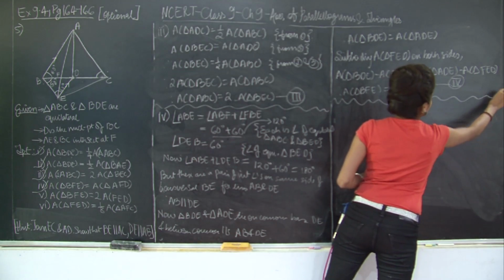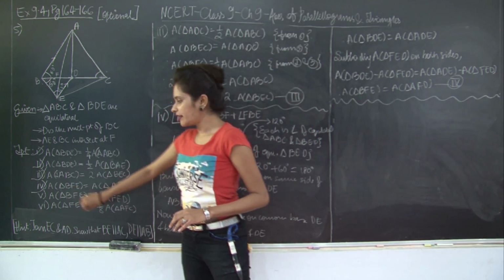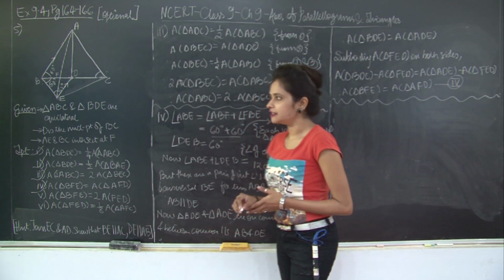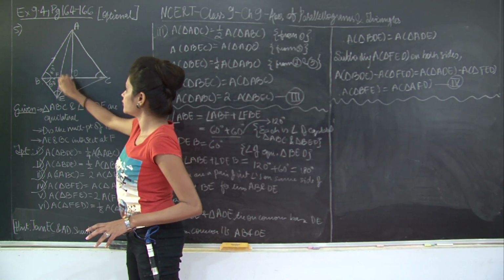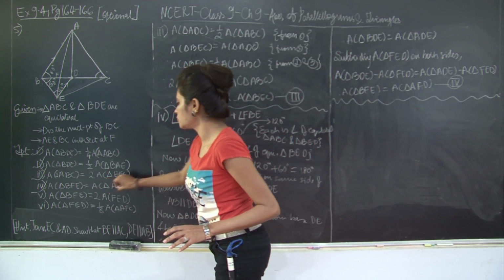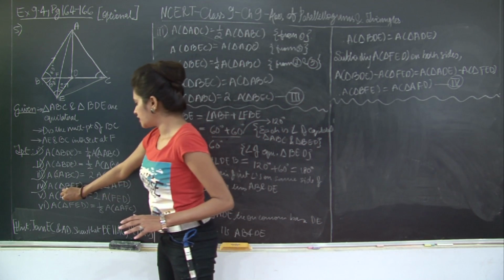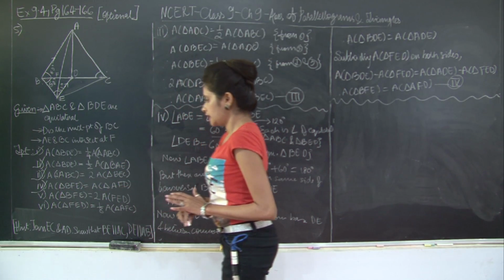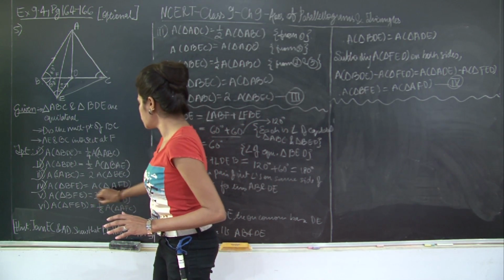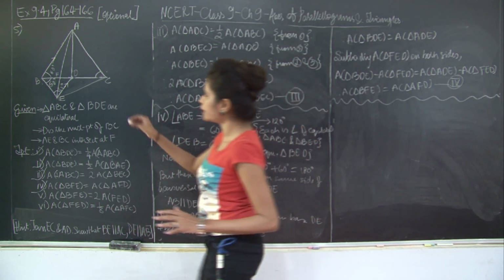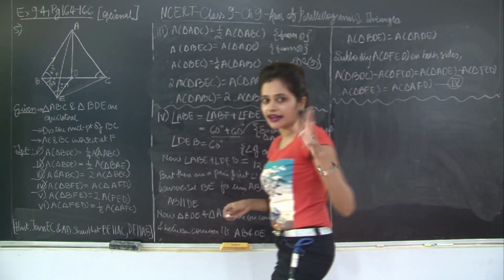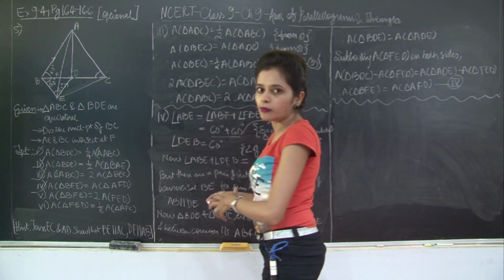So, now let us take a look at the fifth one. We need to prove that area of BFE is equal to twice area of FED. So you have BFE here and FED here. If you notice, we already proved that BFE is equal to AFD. So in order to prove that BFE is equal to twice area of FED, we just need to prove that area of AFD is equal to twice area of FED, right. So where do we have AFD? We have it here, and FED we have it here.